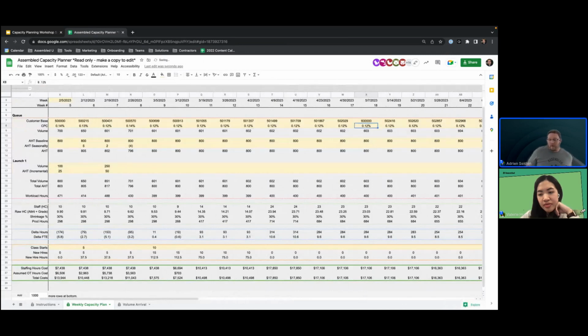600,000 customer base for this week. It's probably going to make us go understaffed once everything calculates. I did not put enough people there. So we'll go for 999,999. And see, this is what happens when you try to do spreadsheets live, is sometimes you don't exactly get the right amount of numbers. And we're still positive. So